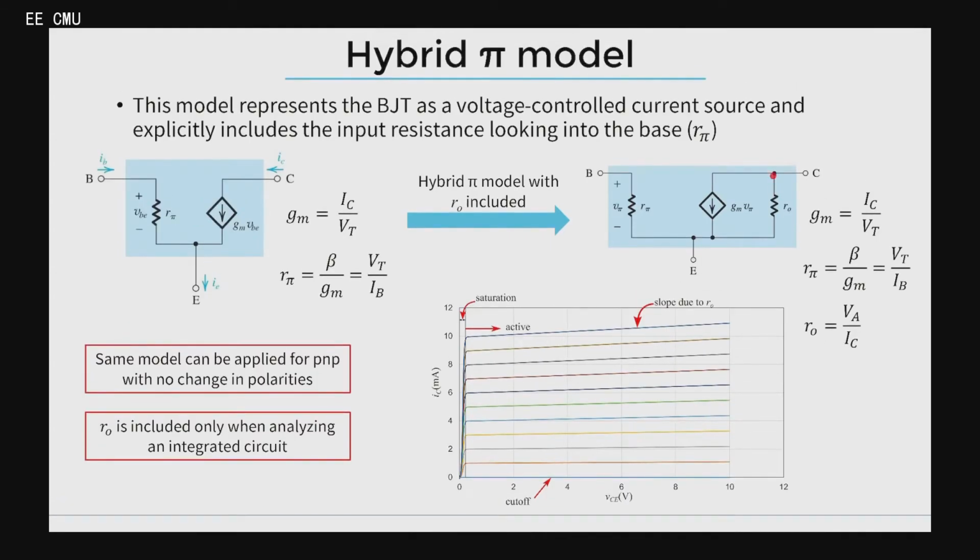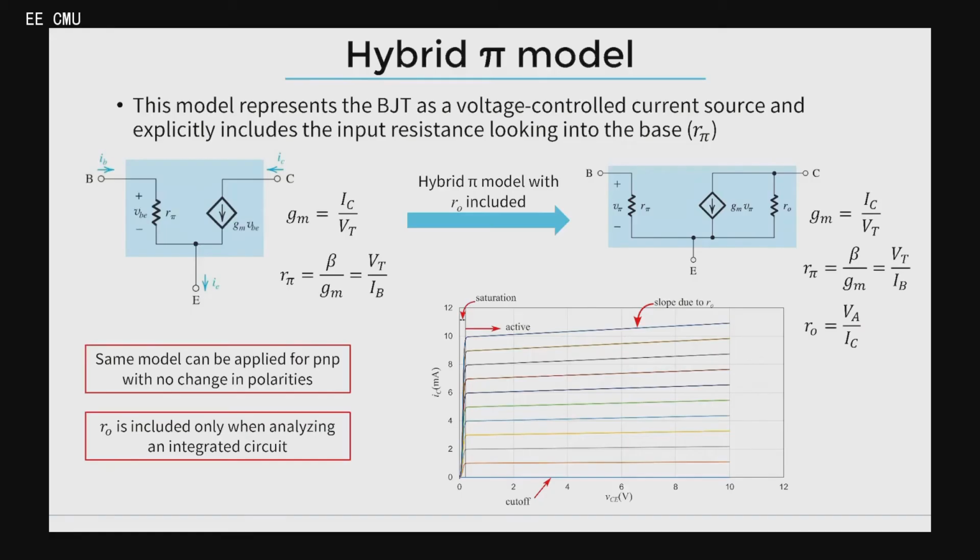So this means if we include RO in the BJT's small signal model, RO will be located between the collector and the emitter. I remember I've already mentioned this in the device course, right? It turns out to be equal to this value. It also depends on the base current or the operating point, right? VA is the early voltage, which typically has a value in the hundreds or higher. Now that we have everything in place, we have identified the key parameters, RPI, RE, and also RO, all of which are essential components within the BJT small signal model.